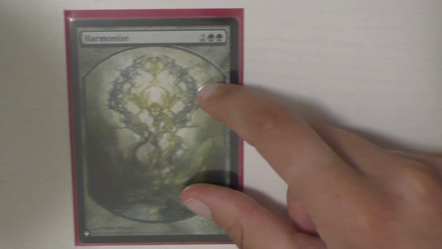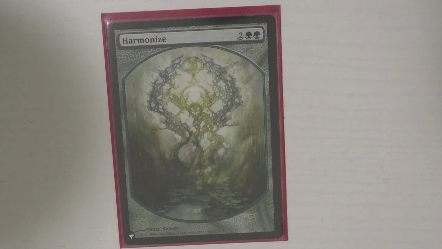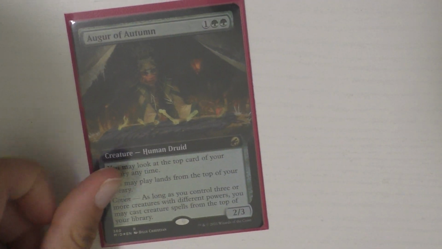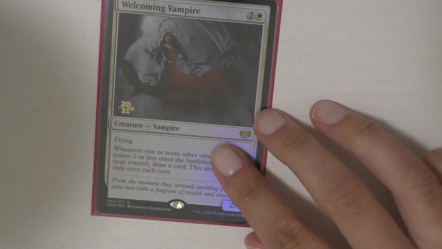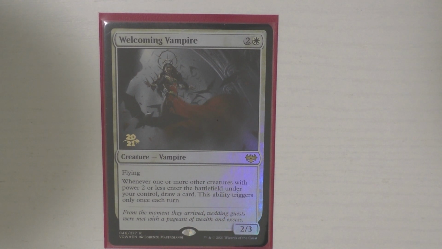I also realized that Ladies actually needed quite a bit of card draw in it. It was kind of lacking in that department, so I picked up Harmonize as one of the ways to do it. We also literally just talked about Augur of Autumn and Oracle of Moldia, but I picked both of these up for this deck. I also got myself a Welcoming Vampire. I think this card is actually really cool. My thought process behind this card being in...